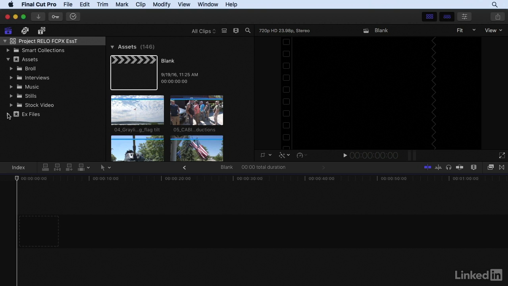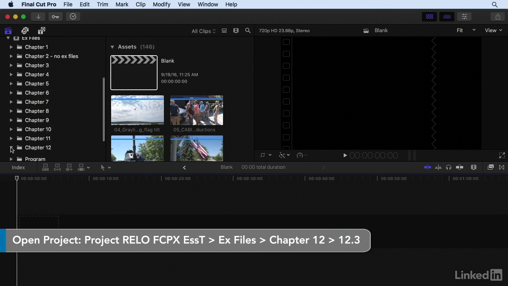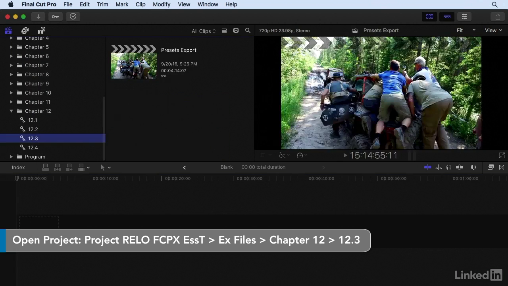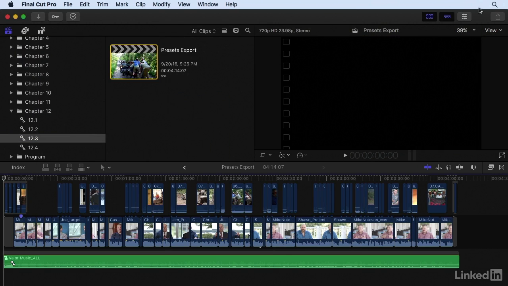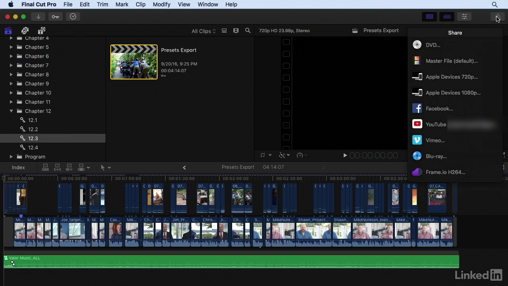I'm going to go into my 12.3 keyword collection, and here is the project I want to export. So I'm just going to come up to the sharing menu here. And in the previous movie, we looked at how to export a master file. But as you can see, there are quite a few other choices that mostly have to do with sending the file directly to social media-based web platforms, as well as optimizing for various Apple devices, and of course, DVD and